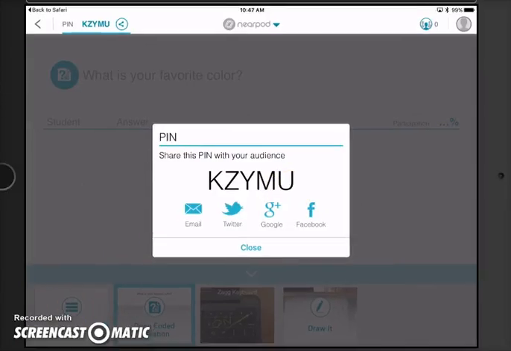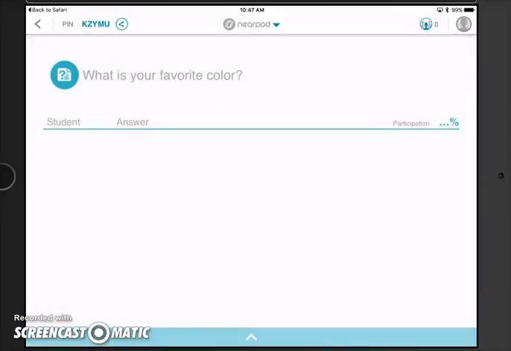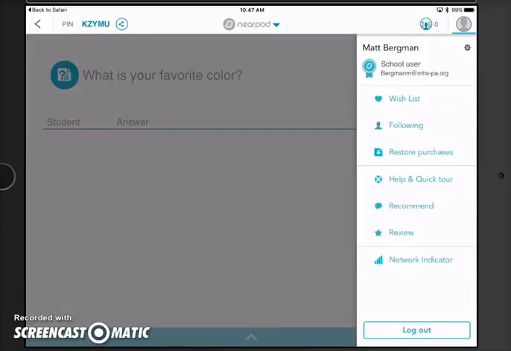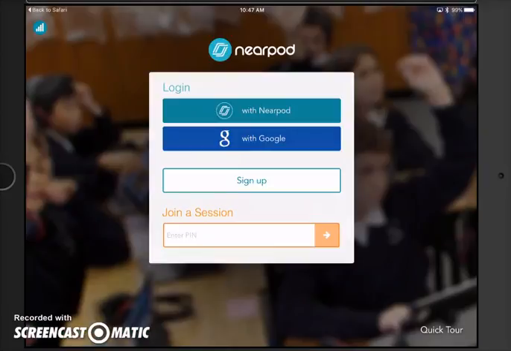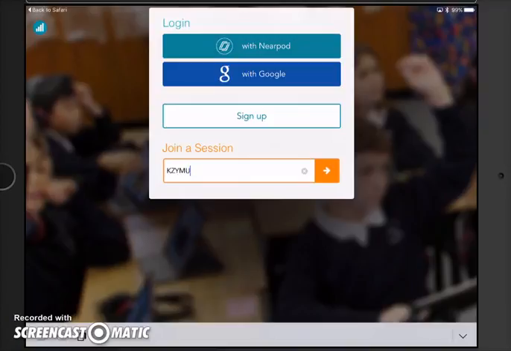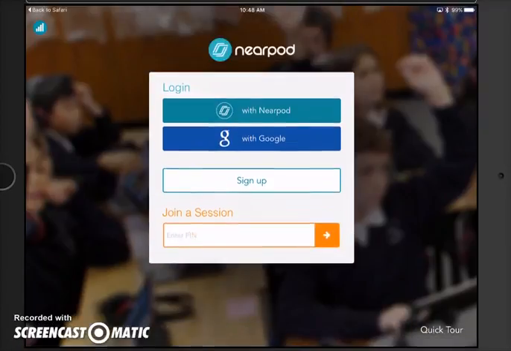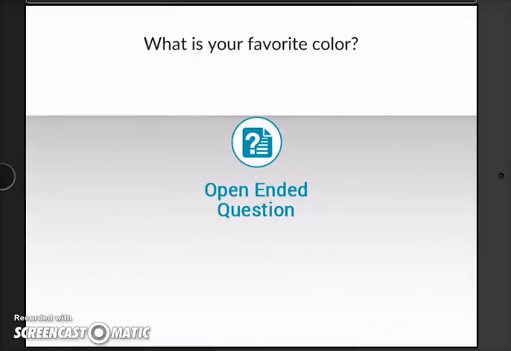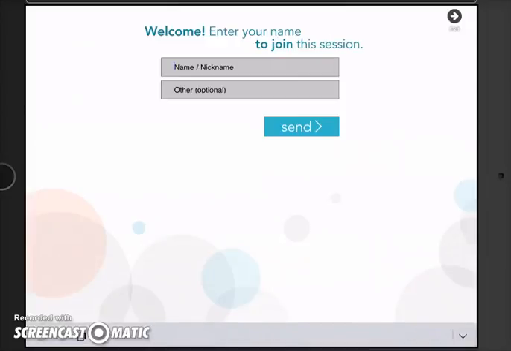So what does this look like on the student side? Well, I'm going to just show you, and I'm going to log out here of my teacher iPad. When students log in for the very first time, they're going to enter in the PIN right here. So I'm going to enter in my PIN. As you can see, if I'm a student here, I just enter in that code and then I hit join session. What it'll do first of all is download my presentation,